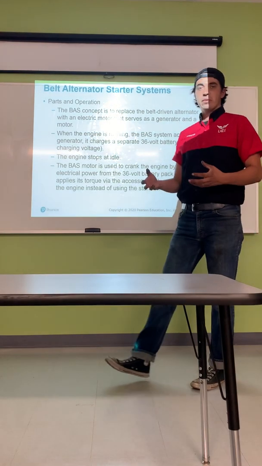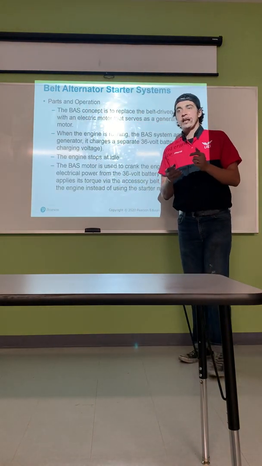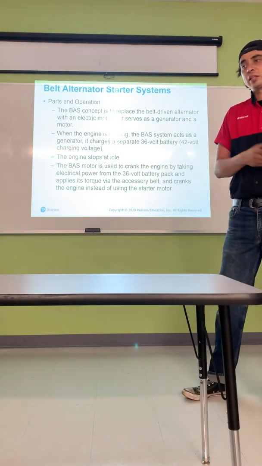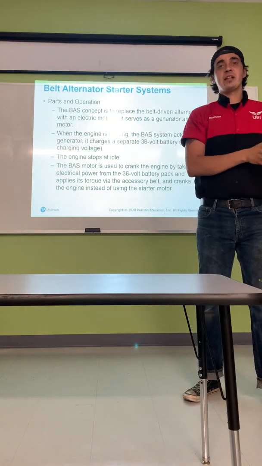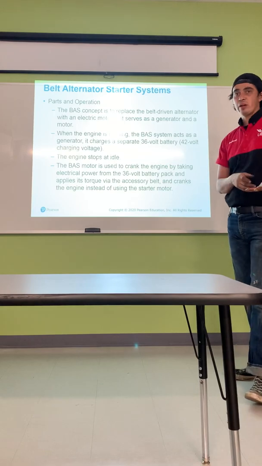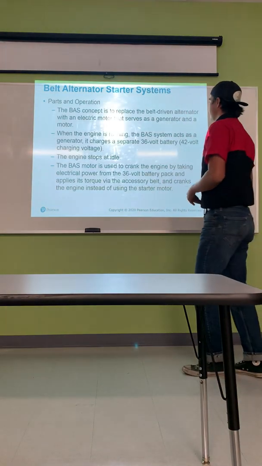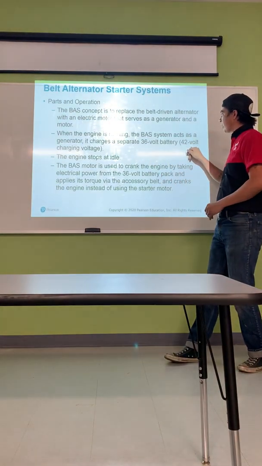So instead of having a starter motor, we actually have a generator slash motor on it. And it's a higher voltage than most normal voltages that we have in a vehicle. It's not as much as a full hybrid voltage, but it's definitely a lot more than just the accessory battery we have in most vehicles, which is right around 12 volts. Charging voltage is about 14. So for this system, we have a 36-volt battery, but while it's charging, it's pumping at least up to 42